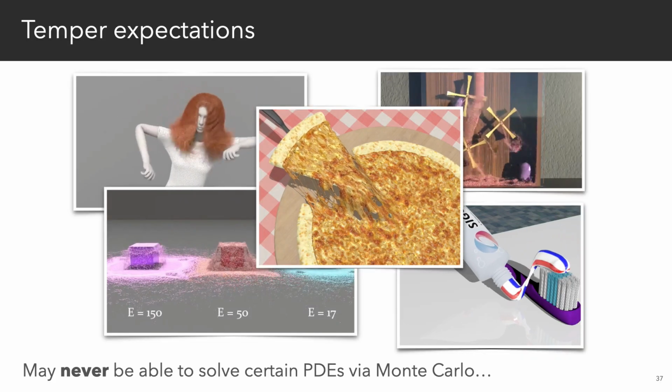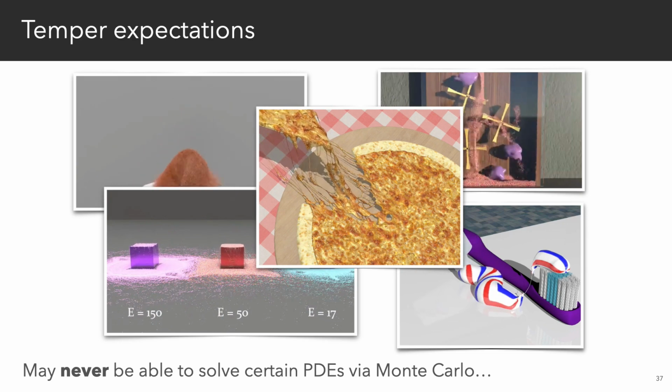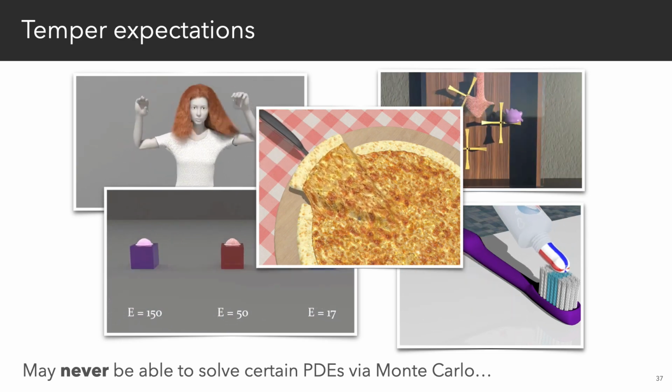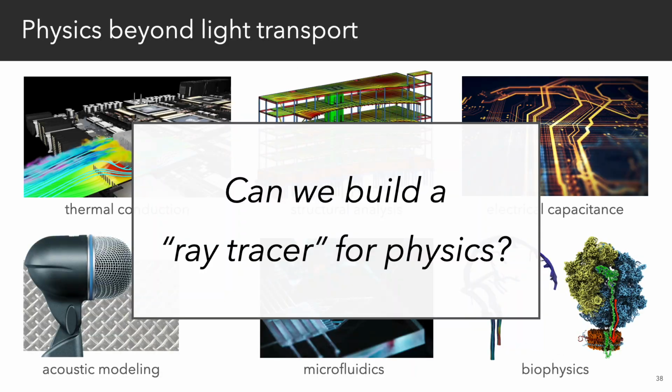Now, despite my excitement, I should say that there are all sorts of amazing simulation technologies out there where Monte Carlo may never be applicable. But given how far Monte Carlo has brought us in simulating realistic illumination, I think it's only natural to ask, well, can we build something like a ray tracer for problems beyond light transport that also scale to really complex geometry? And so over the course of this talk, I'll provide examples in particular involving heat transfer and thermal conduction, where I think Monte Carlo PDE solvers are already immediately applicable and can even be combined in really interesting